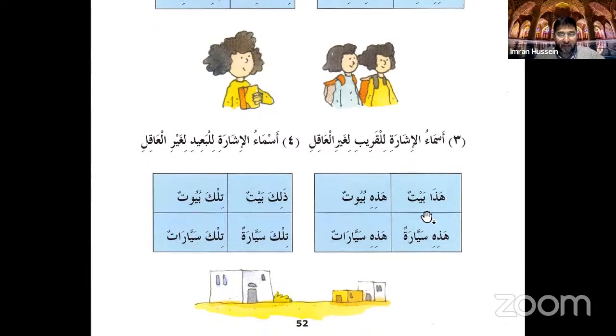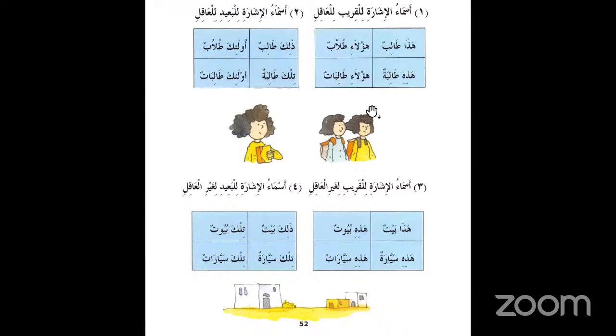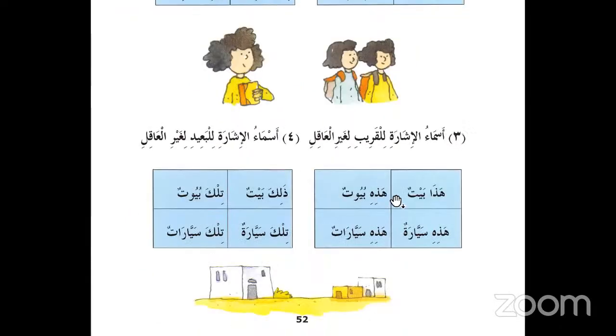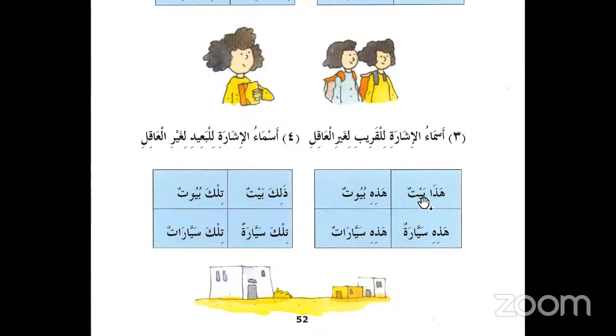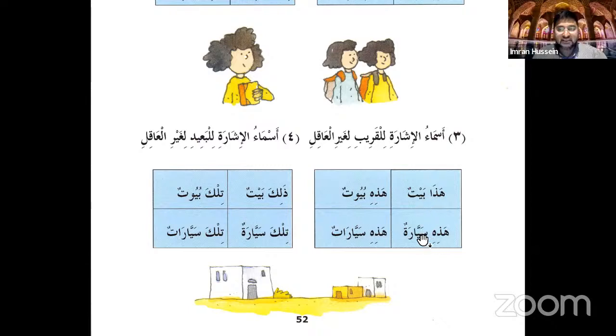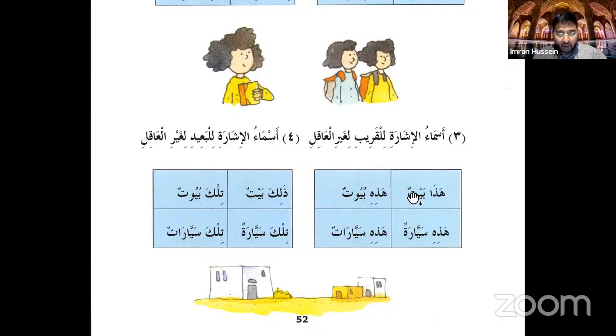Bismillah ar-Rahman ar-Rahim. Hadha baytun, this is a house. Hadhihi buyutun, these are houses. Exactly. So you see here, hadha baytun, this is a house, and the feminine is hadhihi sayyaratun, this is a car. So the singular noun for objects can be masculine or feminine. When we do the plurals for bayt, which is masculine, and sayyaratun, which is feminine,